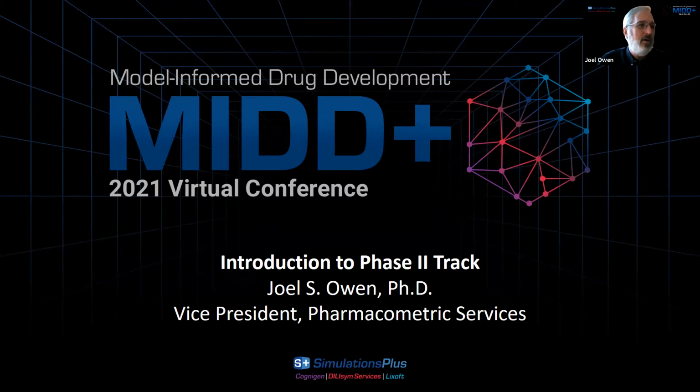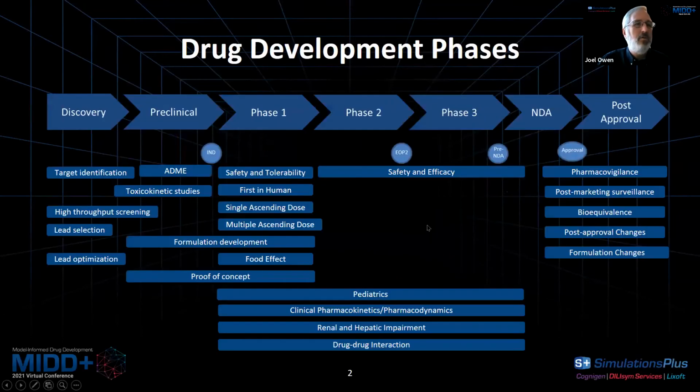We want to talk very briefly here at the beginning about what to expect during this session of the track. We are addressing Phase 2, which in the continuum of drug development is somewhere in the middle of the process. We've discovered a drug, we've perhaps gotten it through Phase 1 and have some basics of pharmacokinetic and safety information. And now we're moving into Phase 2. Depending on the therapeutic area, it may be the first time that we're dosing patients and we're looking for proof of concept and the